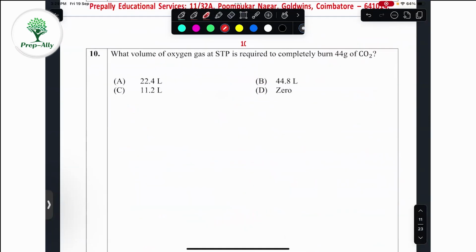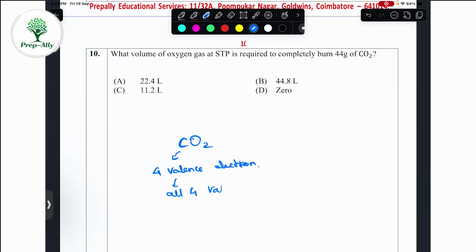What is the volume of oxygen gas at STP required to completely burn 44 gram of CO2? This question you have to be very careful, right? They are given as CO2. CO2, how many valence electron does carbon have? 4 valence electron, right? And all 4 valence electron are